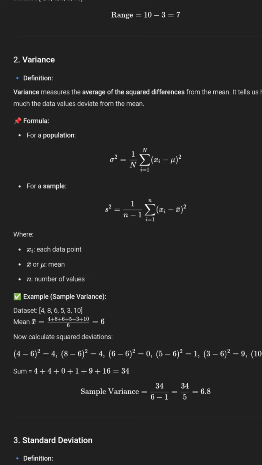We can see an example of a sample variance. The data set we have taken has 4, 8, 6, 5, 3, 10, where the mean x bar is equal to